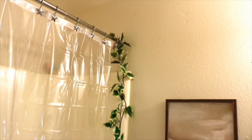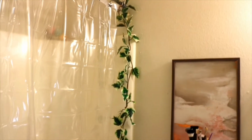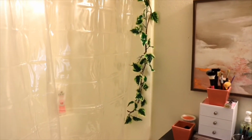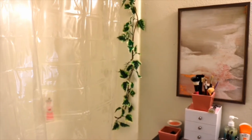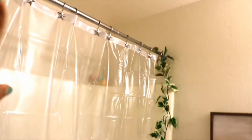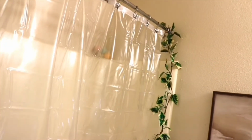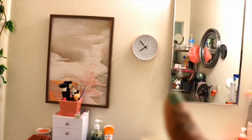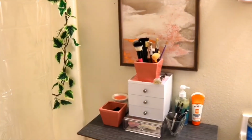So on the other side, I wanted some sort of greenery in here, so I already had this plastic fake vine, and I just put it right there. I kind of wanted to go across the top of there, but it was hanging there for so long that I'm just used to it now. Then I have this picture that I got from Hobby Lobby. I have two of them, but I just decided to put one in here. Then my clock from Target. The time's not changed on that. And then on the back of the toilet,